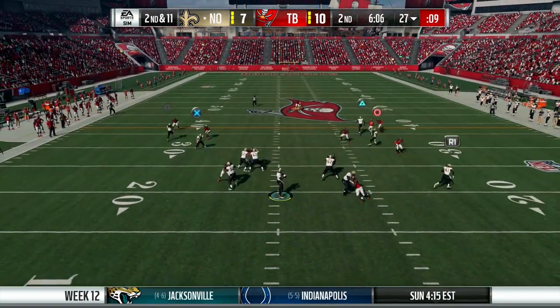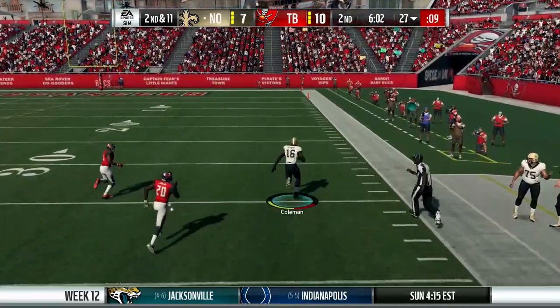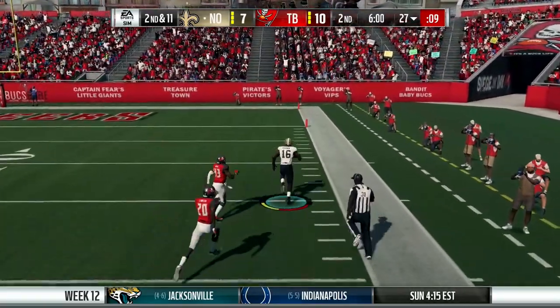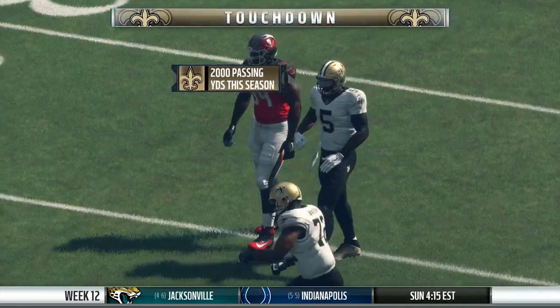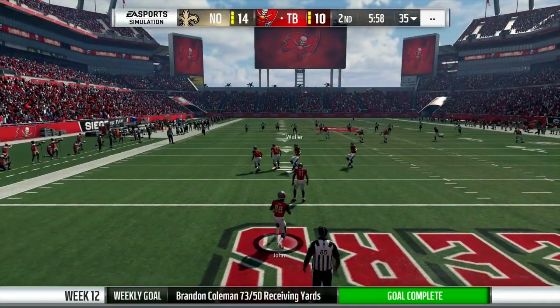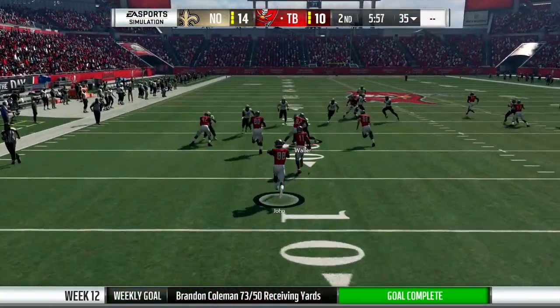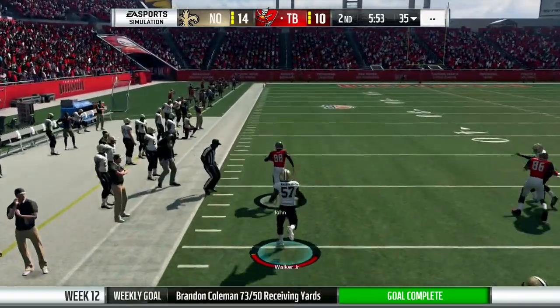Now we pick things up with the Saints on offense. Teddy in the shotgun from his own 27 with a beautiful throw just over the head of the defender to Brandon Coleman, who proceeds to outrun the rest of the defense. The Rutgers product goes 72 or 73 yards to the promised land. It's a 14-10 Saints lead,